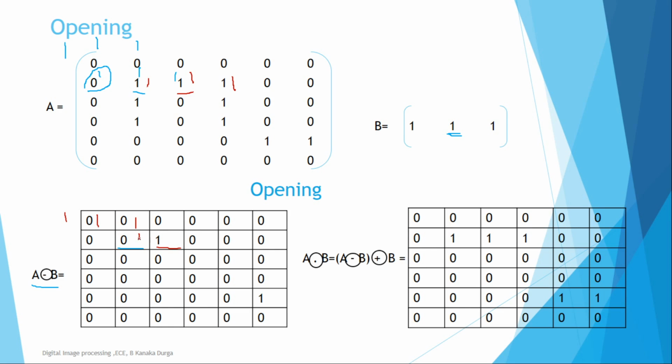So here goes for 1, 1 and 1. For this pixel I am doing the analysis right now. So if you observe, the 1, 1 is matching. For the dilation, if any one of the pixel values is matching, the resultant goes for 1. So here the pixel of the resultant value goes for 1. We have to do the operation for the total matrix in order to analyze the opening operation. So the opening operation of the resultant matrix is this.